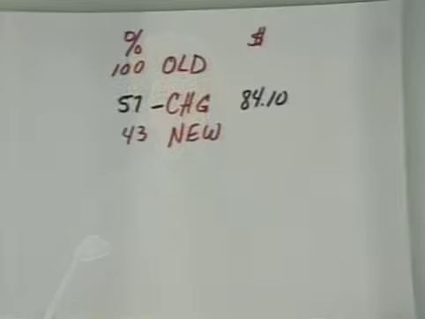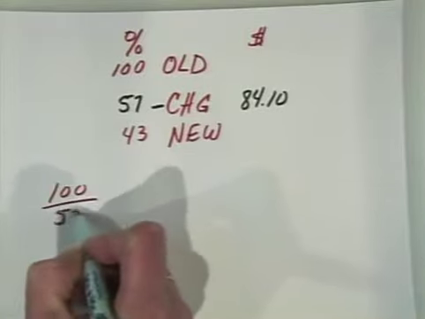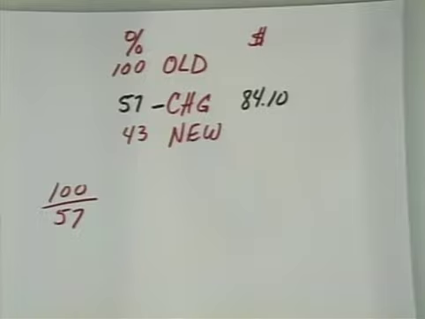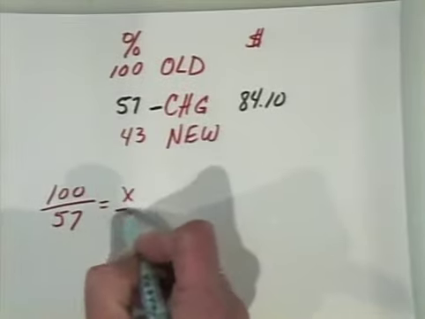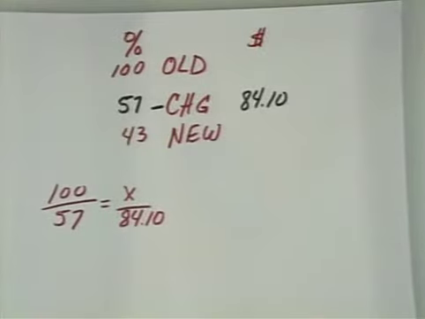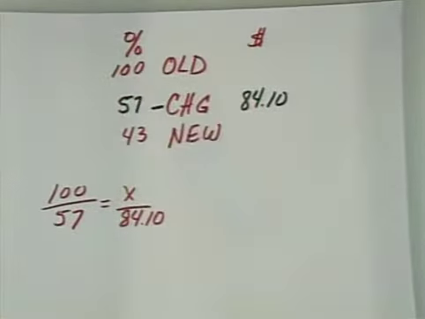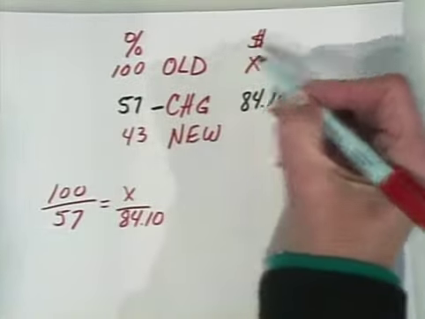We now have everything we can do without making some calculations. We want to come up with both the old and the new when we have the change. What we're going to do is set up two proportions. 100 is to 57. I'm using line 1 and line 2. Does that make sense? I'm going to take the 100 is to the 57, proportionally the same as,